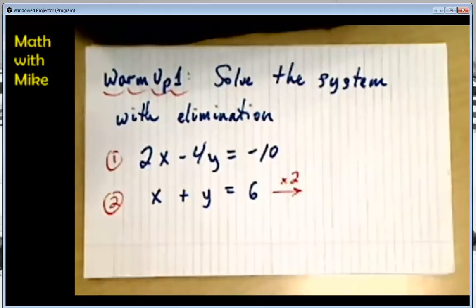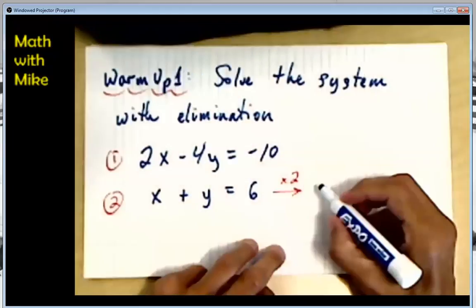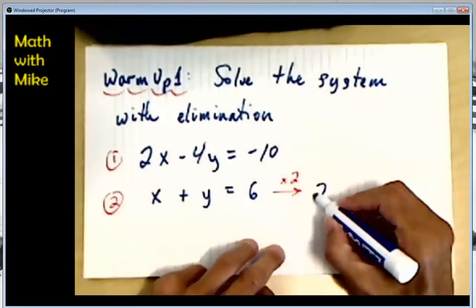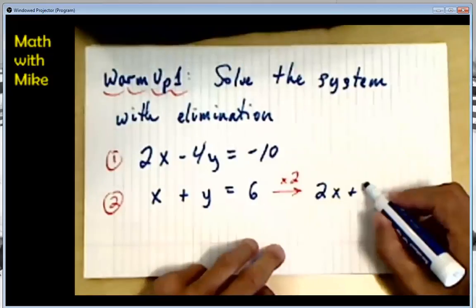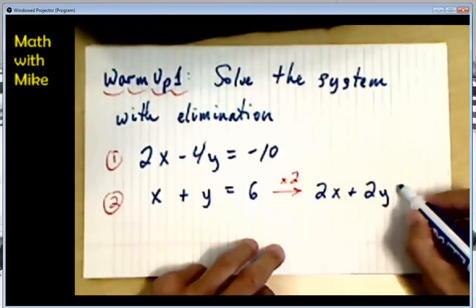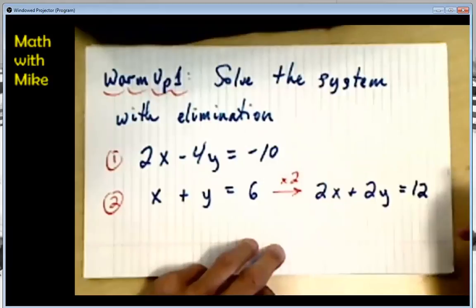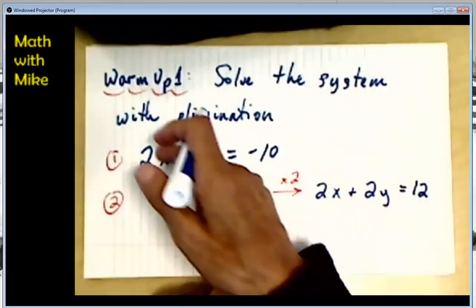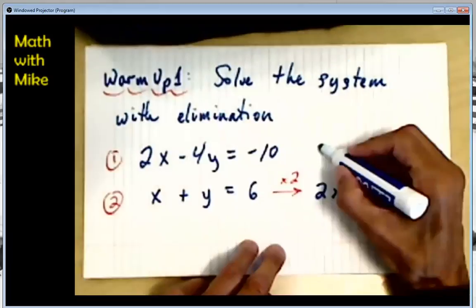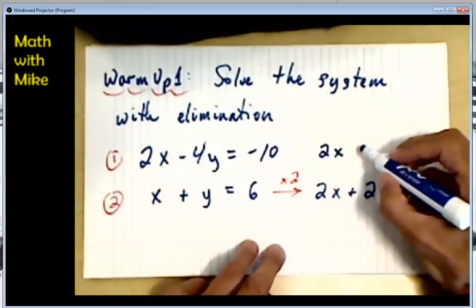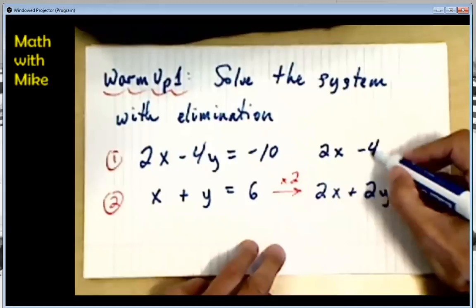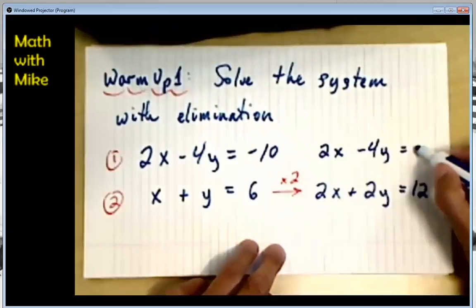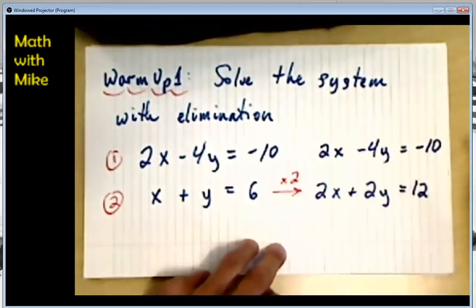Will be 2x plus 2y equals 12. Nice. 2x plus 2y is equal to 12. That's good. Now, just so my working's looking good and everything, I'm just going to move this over on top of it. You don't have to. But it's a nice idea. Keeps it looking good. Okay. So now we can